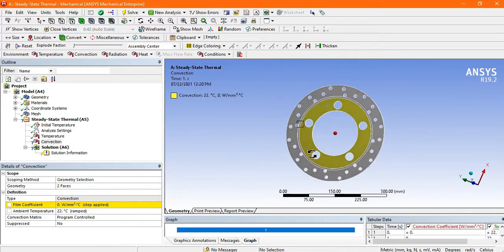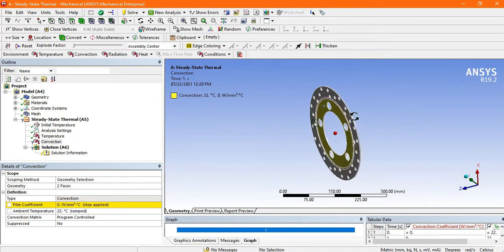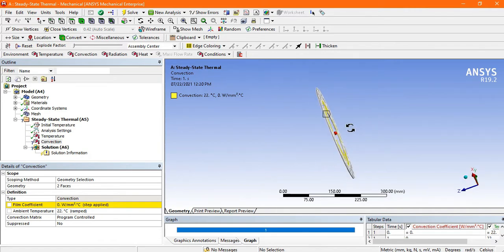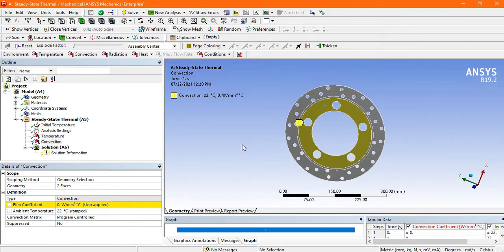Now here the yellow color indicates these two faces are selected, and now it is asking for the film coefficient. If we do not have accurate data, as we know the heat is dissipated here in the air, we can just put in the standard data.